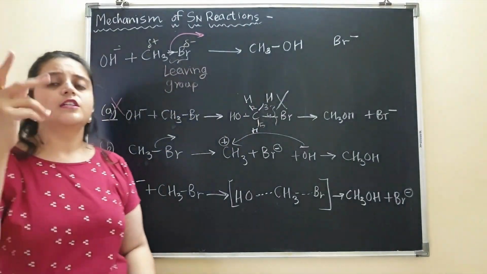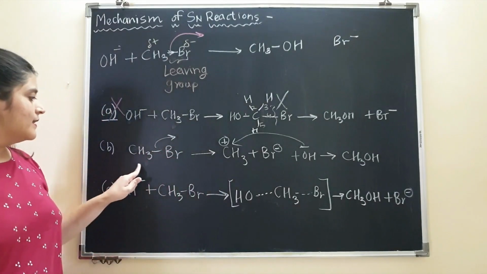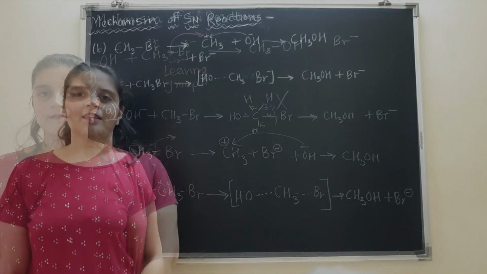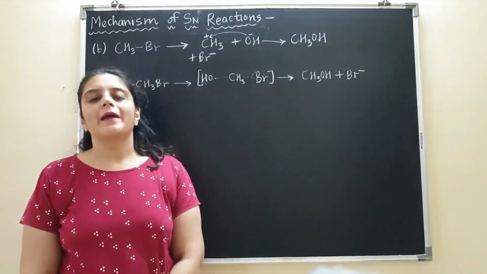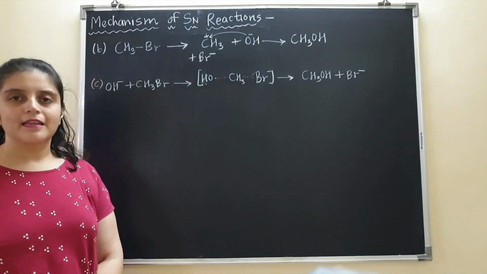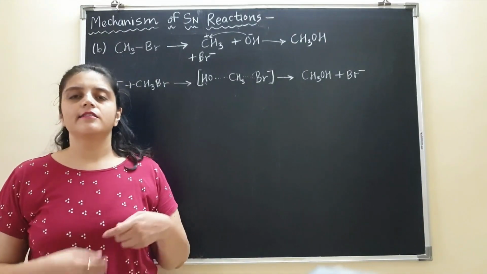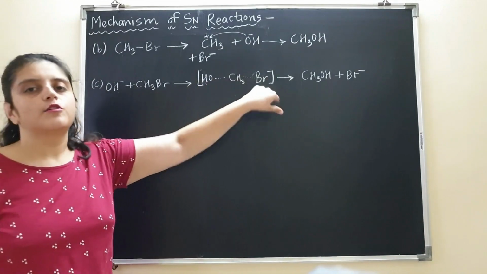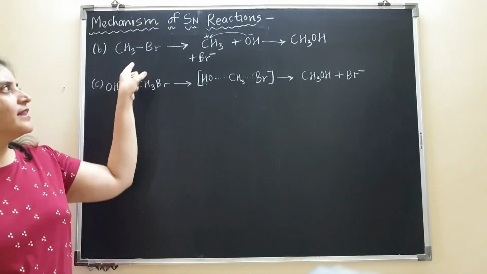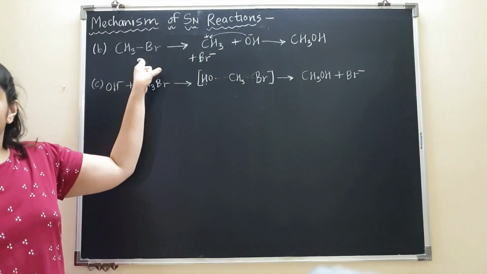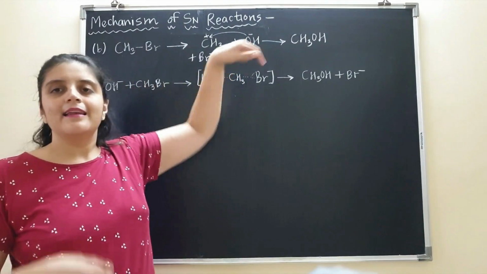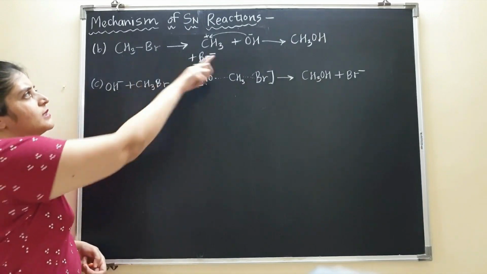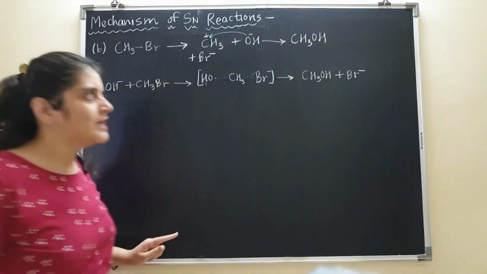Now the question is, which of the two methods will be followed? The second method or the third method? Now to find out which of the two mechanisms actually takes place in the reaction, I have already rejected one mechanism and I have written these two mechanisms again, where in the first reaction the breaking of the bond was taking place and then in the second step the formation of the new bond. So of course you agree that this mechanism is taking place in 2 steps.